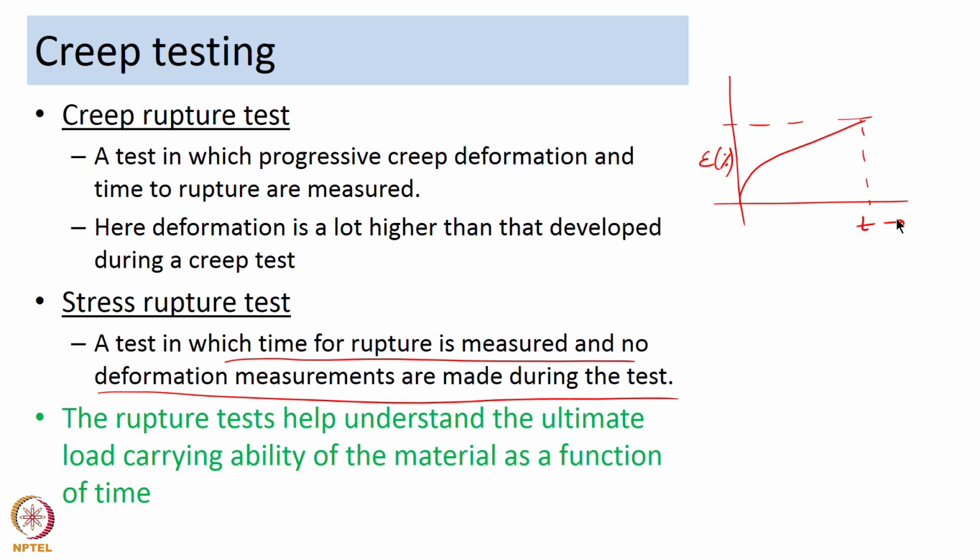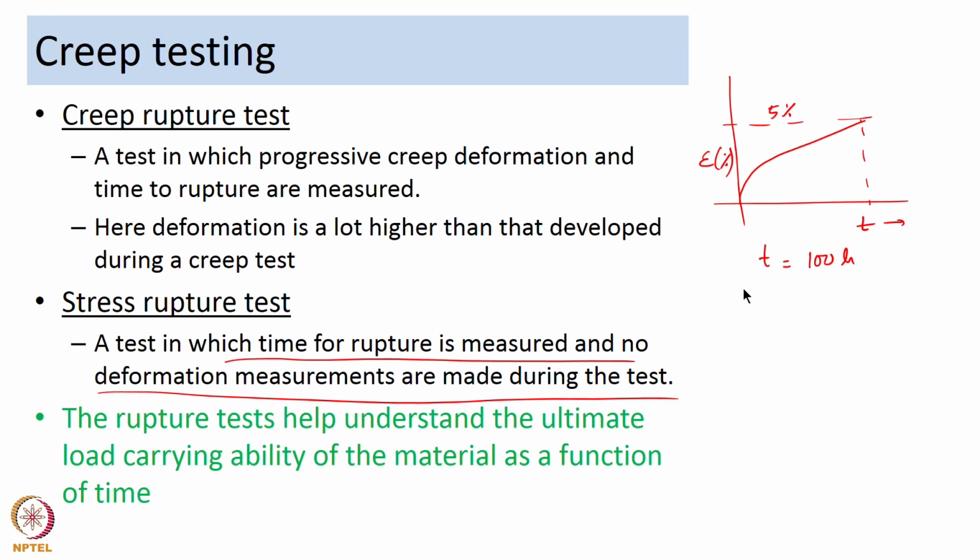If you define your creep test as time taken to a certain strain, let us say 5%, and you have already defined the time, say 100 hours, and the maximum allowable strain is 5%, then